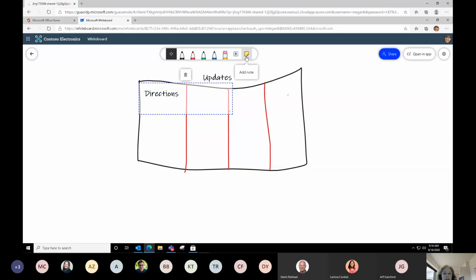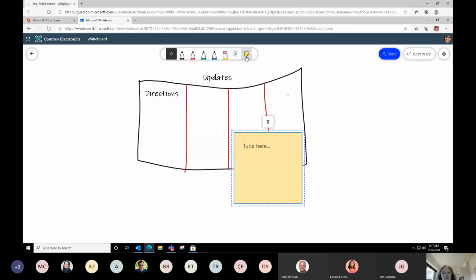The sticky note is something where you can do this. It is like an electronic sticky note. It is part of this current whiteboard. But when we get into the desktop app, we'll see that you can do a lot more with these sticky notes. I almost think of these as like a virtual representation of the physical sticky note. So you click on it. Unfortunately, in the online app, we really only have one color, which is the yellow, so traditional sticky note. And what I can do here is I can type in the topic that I want.